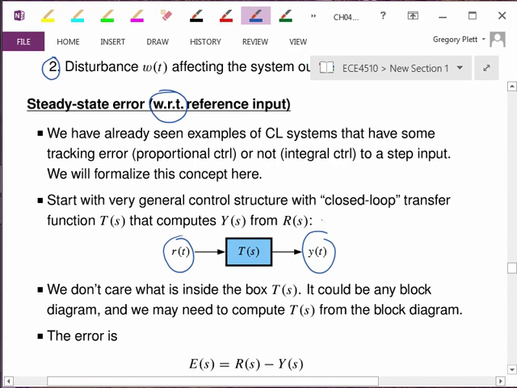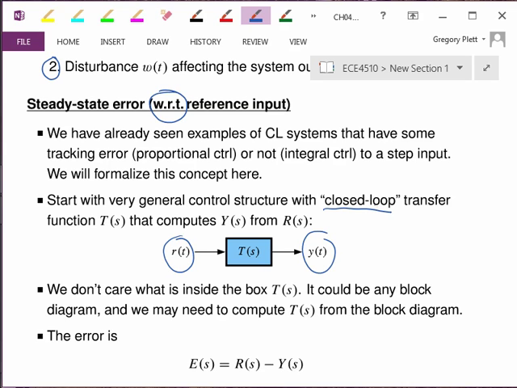In between is some transfer function, T of S. I say closed loop because I'm imagining there's a feedback system in there, but there's just some transfer function that computes Y of S from R of S. We don't care in this section what is inside that box, T of S. It could be any block diagram, and we may need to do quite a bit of work to compute T of S from the block diagram. But once we have T of S,